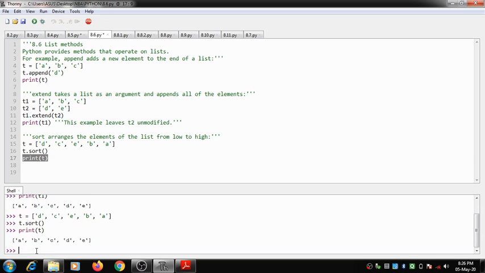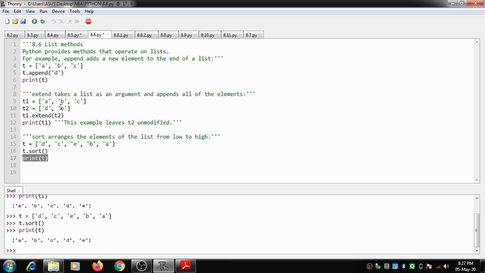When I press this, you can see the sort method has sorted all the elements as A, B, C, D, E. So in this presentation, we have seen three methods: append, which adds new elements to the end of the list; the extend method, which takes a list as an argument and appends all the elements to the present list; and the sort method, which sorts all the elements from low to high.